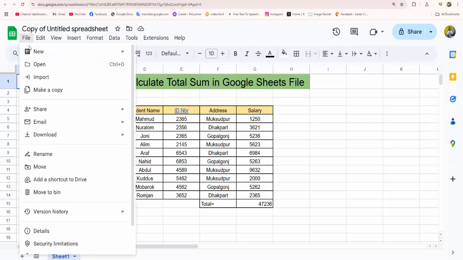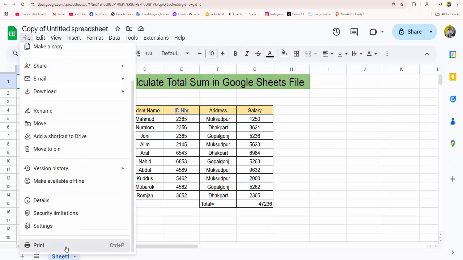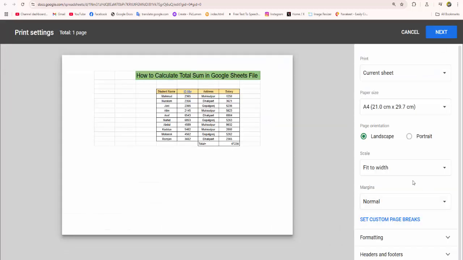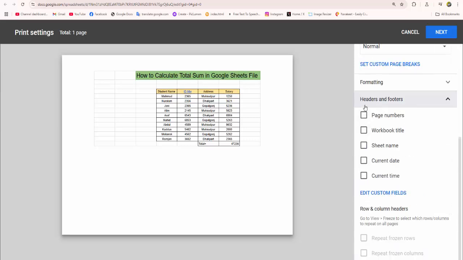Now going to the file menu option. Now click for the print option. Then scroll your mouse. Now click for the header and footer option. Now scroll your mouse. Now click for